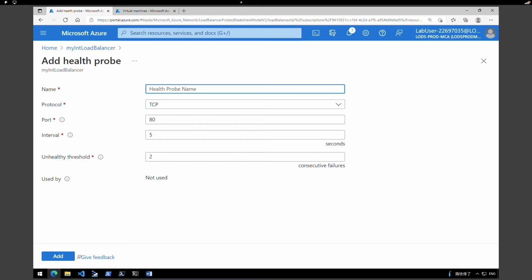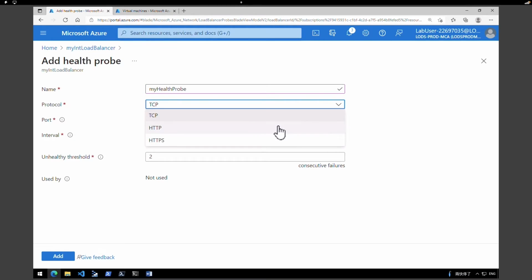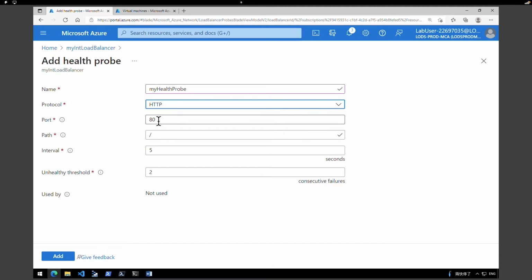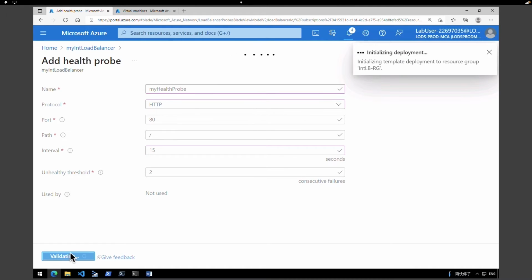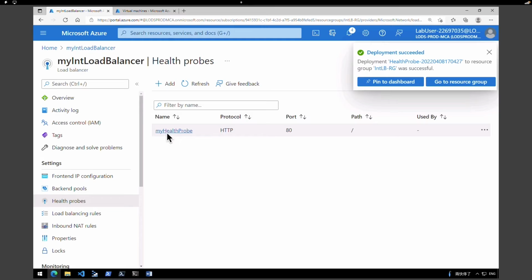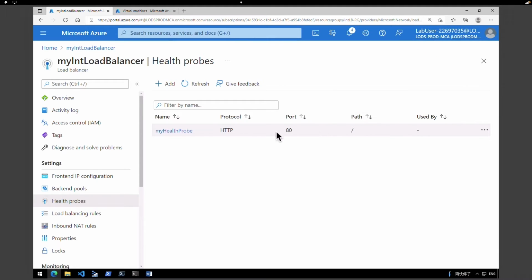Give a name for your health probe. I'm going to call it my health probe. Under protocol, we are going to select HTTP and port 80. For path, we are going to give /, and interval every 15 minutes. It totally depends on your use case scenario. For unhealthy threshold, I'm going to keep it as 2 consecutive failures and click on add. So now it is deploying the health probe, and we have a health probe which is running within our load